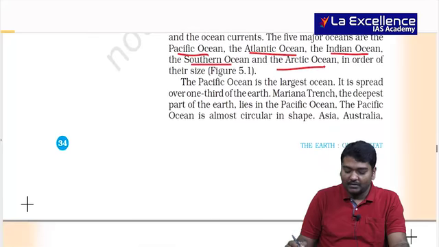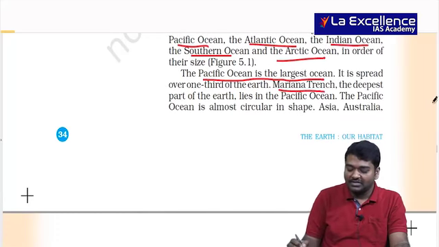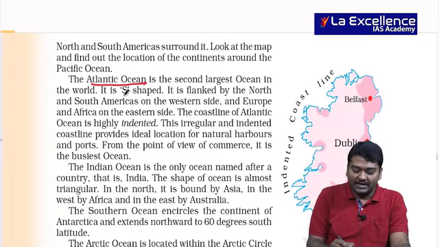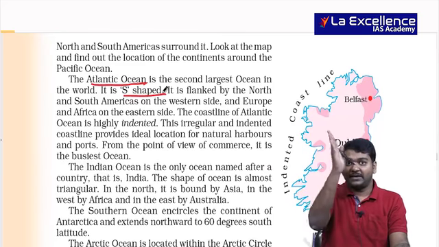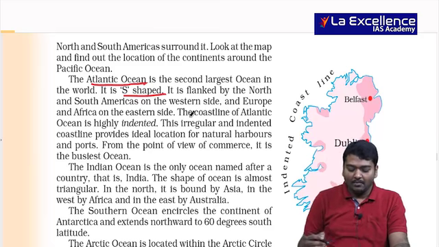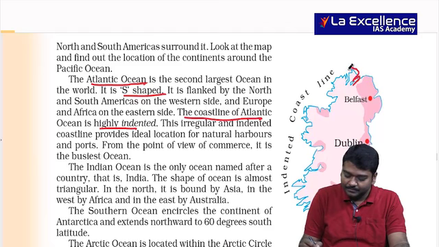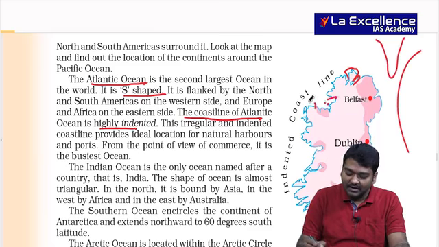When we talk about the Pacific Ocean, it is one of the largest in the world. The Mariana Trench, the deepest, is also present here. The Atlantic Ocean has an S shape, with North America, South America, Europe, and even the mid-Atlantic ridges are present in an S shape. I hope that is clear. And most of the coastline is indented. Can you see this? It's not curved like this. India's, if you see, is curved. But here can you see? Indented. Usually because erosion takes place.